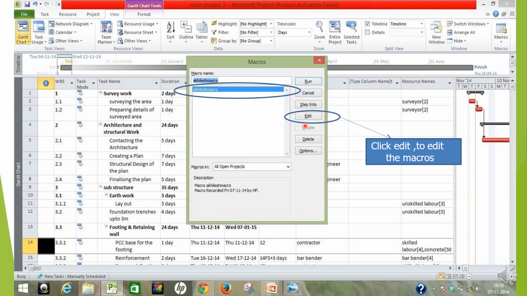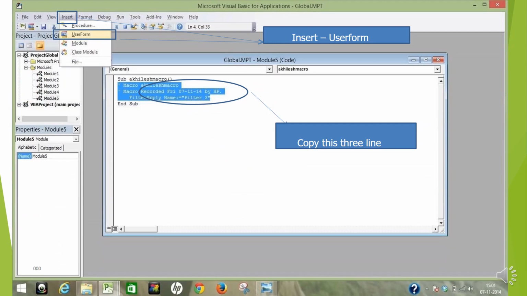Here you can click on the Edit button. When you go to the Macros, this appears. Click Edit so that you can edit whatever you want to do. Now